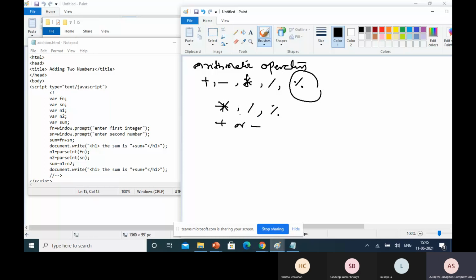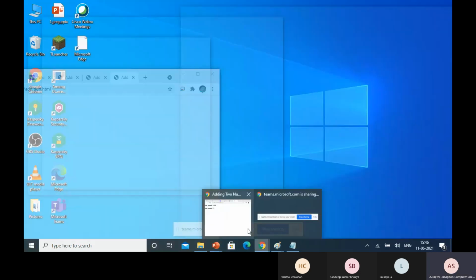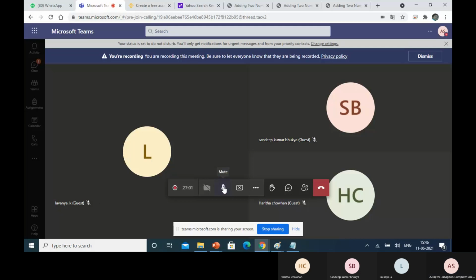Okay, so this is the arithmetic operator.